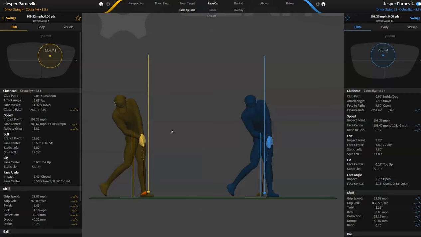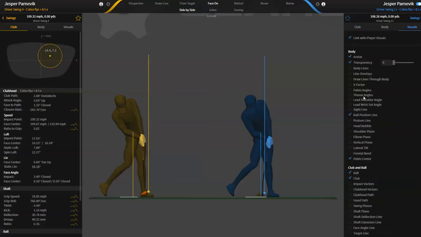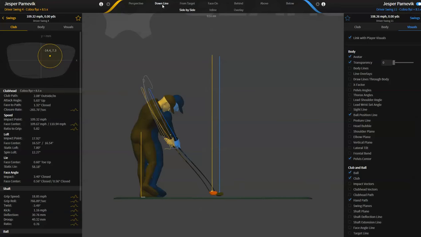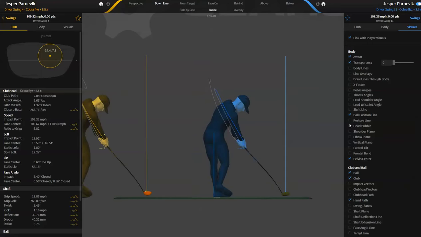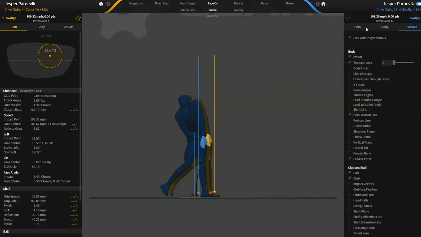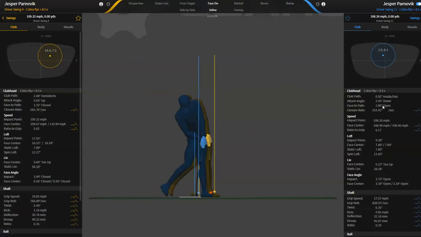The handle path has a lot to do with this, and you can see that on your visuals by going to hand path and down the line. You can pick up on some different trends there. But generally speaking, you've got to be careful when you go too much down on the golf ball too, because that's going to shift the path to the right a lot, and that can result in low push fades, low push hooks,